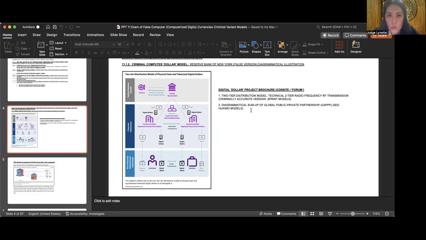But with the introduction of COVAX injectables, the meaning has been altered drastically, and it can mean two-tier radio frequency or RF transmission. So this is more likely the accurate, criminally accurate version, and I will be explaining this in detail